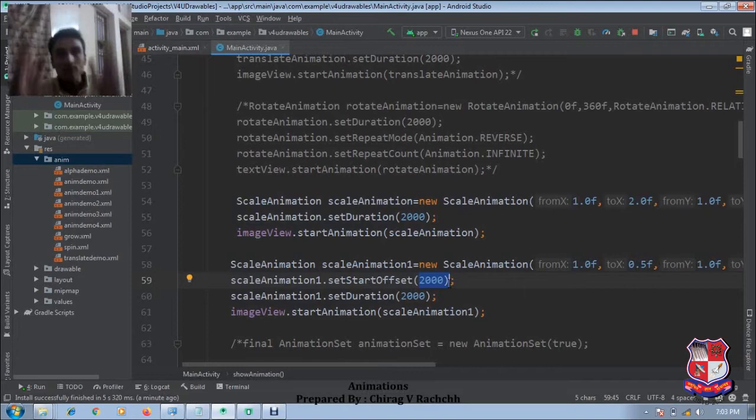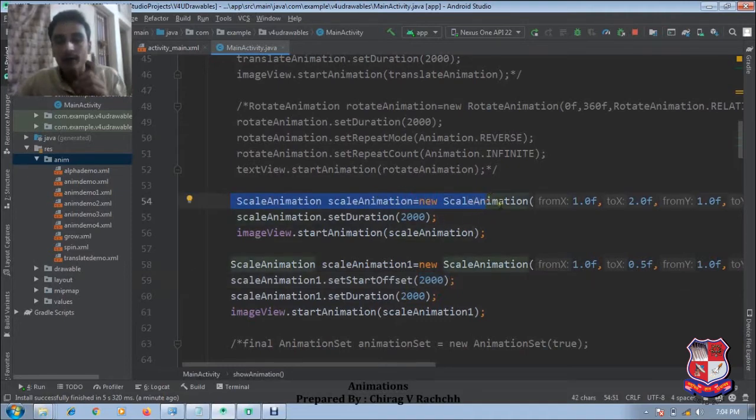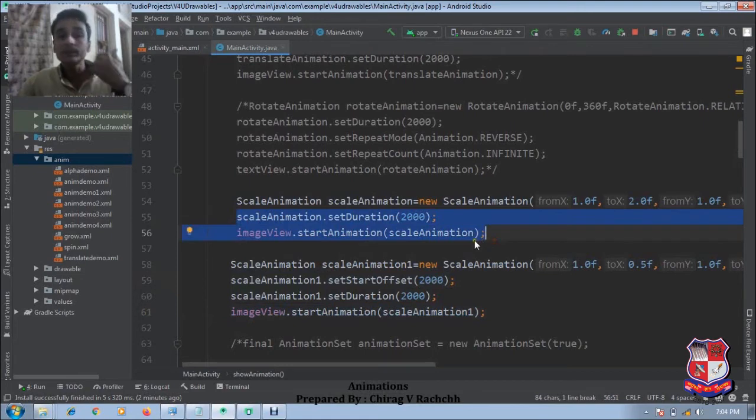But the program continues to execute. In the program, when this line is executing, once it completes, the next line will be executed. Once that is complete, the next line will be executed. All the lines are executing in our program. So when this line is executed, the second animation will start its delay, but at the same time this line will be executed. So the effect of this animation will go.